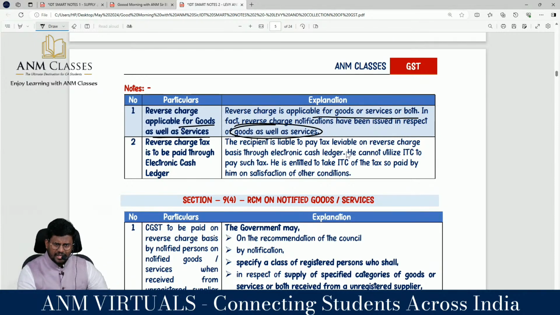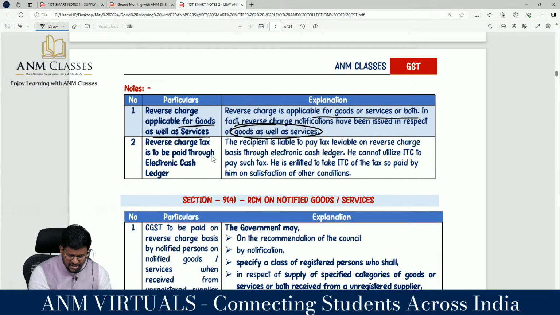Under 9(3) and 9(4), for whom is the notification there? Till now for our examination, we were having only reverse charge for services, correct? Yes, but this attempt, they have amended and they have included the reverse charge for what also? Goods also, correct? They have given a list which states that if you are receiving these goods, the recipient is the person liable to pay tax. We will be seeing that list separately. Are you all really with me? Yes, during this chapter itself, don't worry.